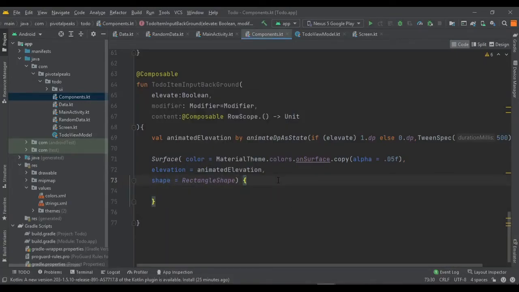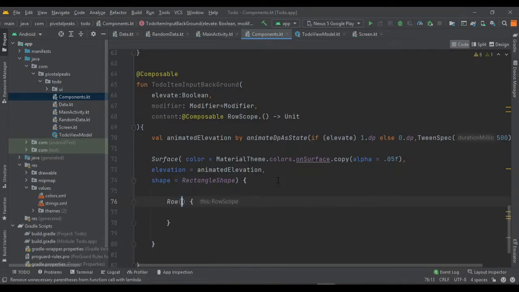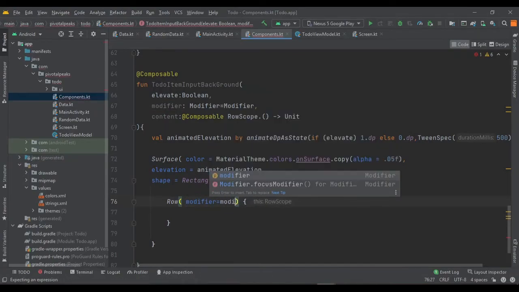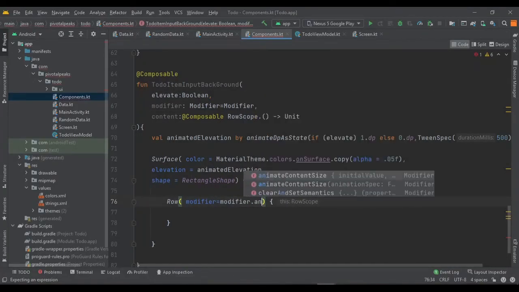In the surface, we need to define a row. For our row, we need a modifier. So modifier equals modifier dot animate content size.